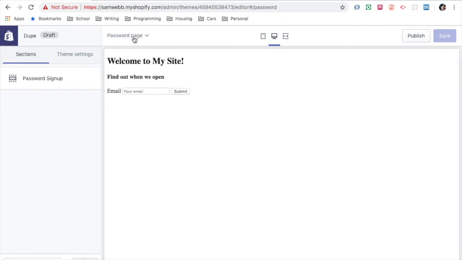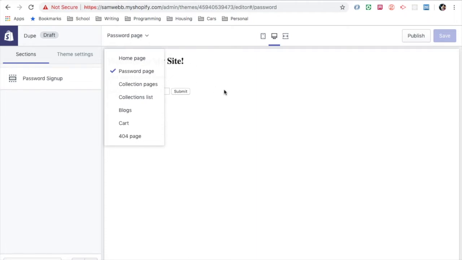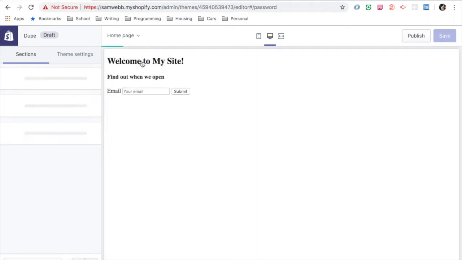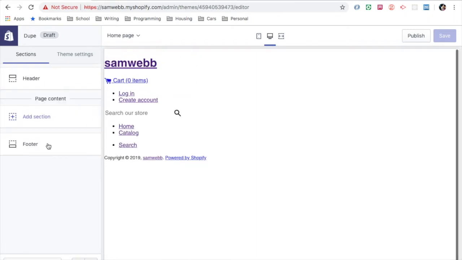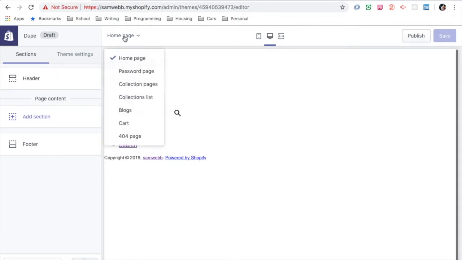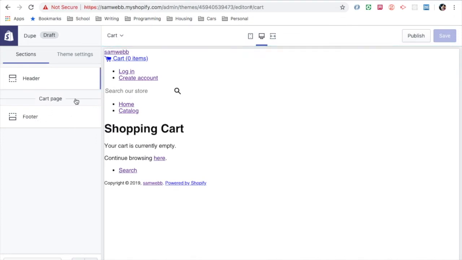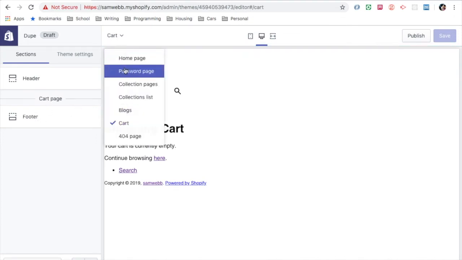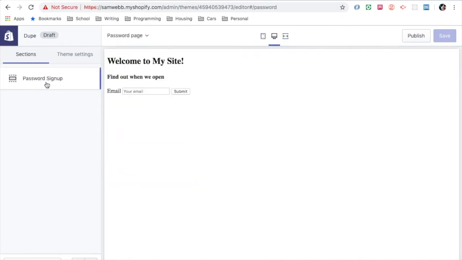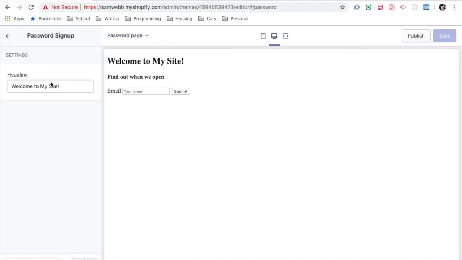And as you can see, I think I mentioned this in the last video, if there's a section on a certain page, you can only edit it on the pages that it's on. So if we go back to home page really quickly, you notice that that section isn't here anywhere. And if we go to maybe cart, that section is also not here. But if we go to password page, now that section is there. And if we open it up, we've got headline here, and we can change it to